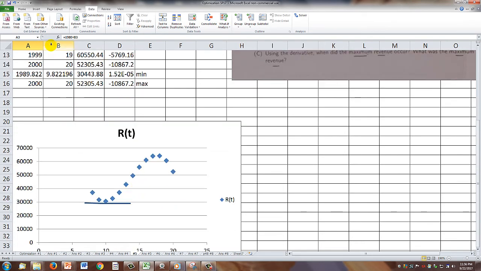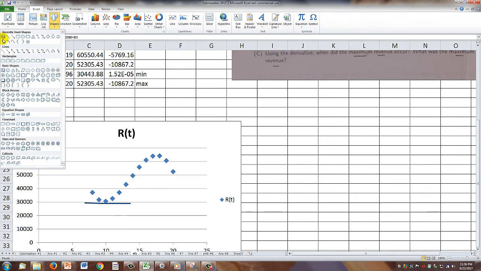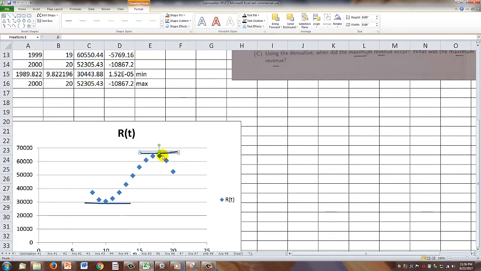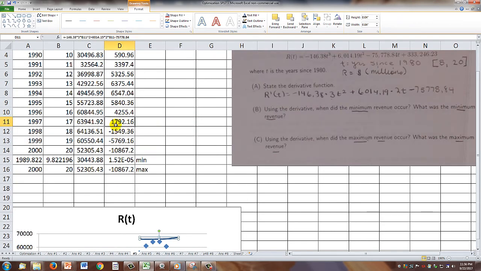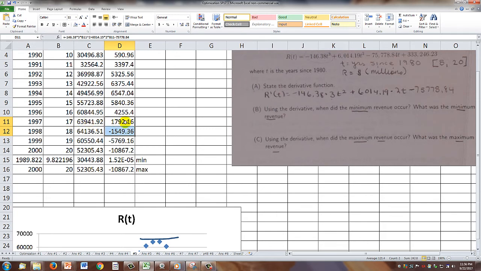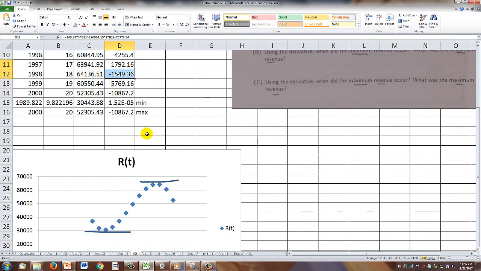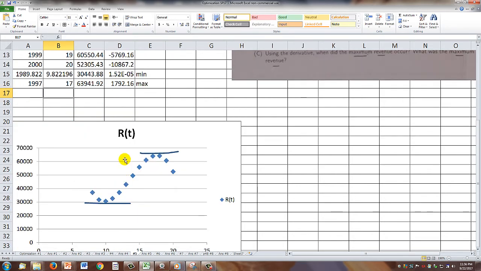All right, now I need to find the max, so we'll do that. The max occurs when there's a horizontal line, a line that has a slope of 0. And it looks like it's occurring between 15 and 20, and that's confirmed by this change from positive to negative. So we're going from an increasing slope to a decreasing slope. So my guess number here can be something like 17. And then if I goal seek this to 0,